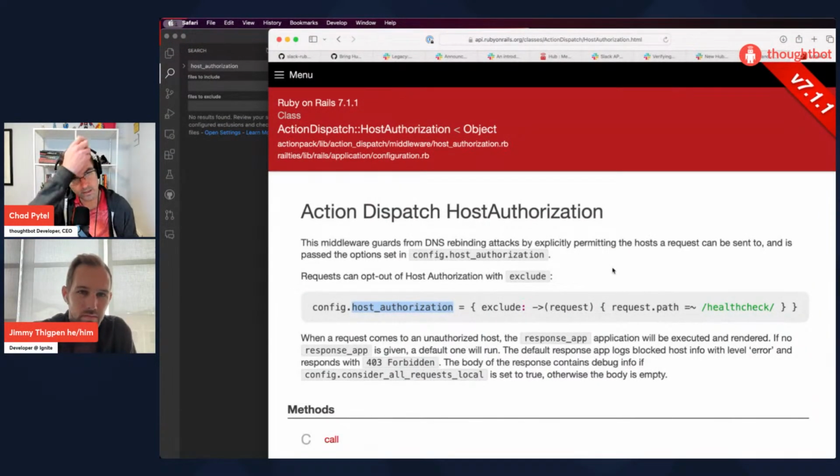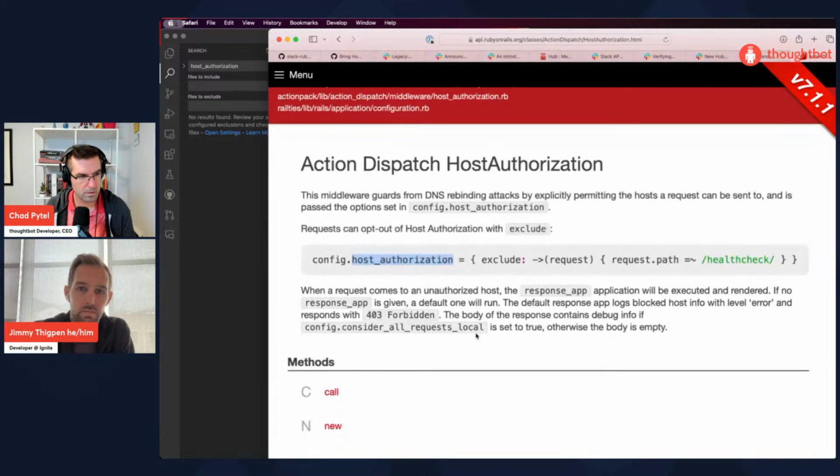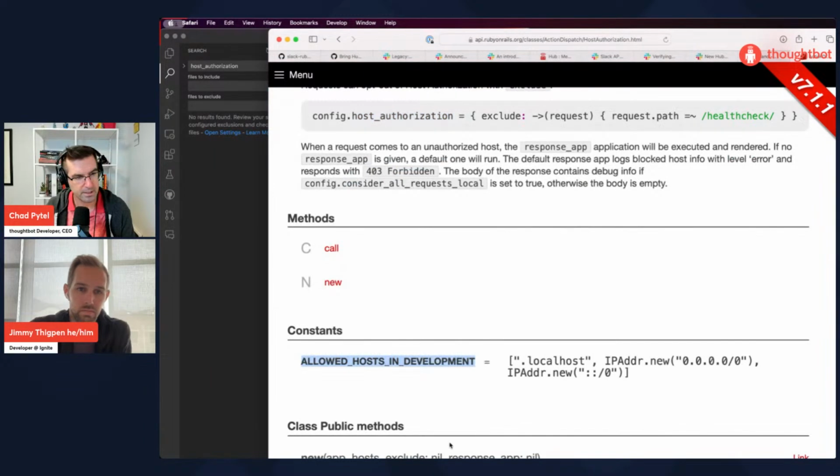This middleware guards from attacks. Allowed hosts in development, that's a constant.